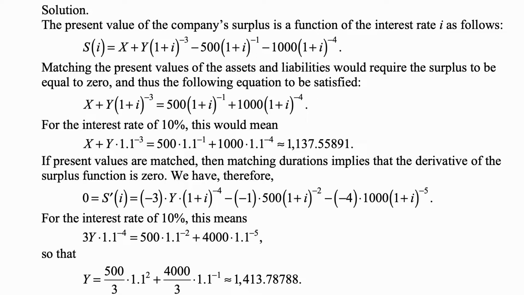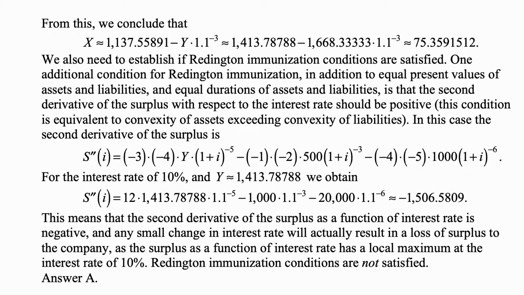So we get y is equal to 500 divided by 3 times 1.1 squared, which is what you get when you multiply 1.1 to the 4th times 1.1 to the negative 2, plus 4,000 divided by 3 times 1.1 to the negative 1, which is what you get when you multiply 1.1 to the negative 5th times 1.1 to the 4th. And then y we calculate to be approximately 1,413.78788. And now that we have the value of y, we can calculate the value of x, because we established